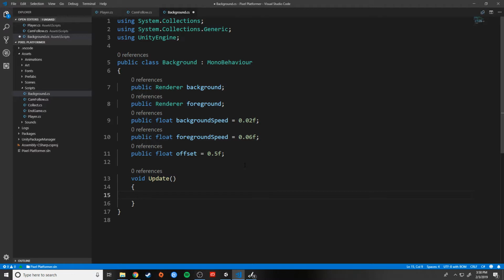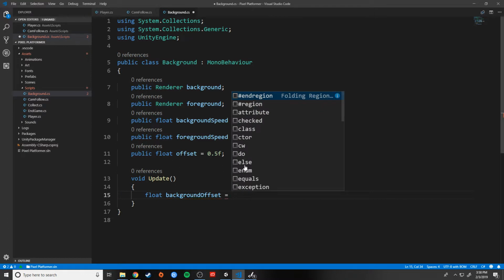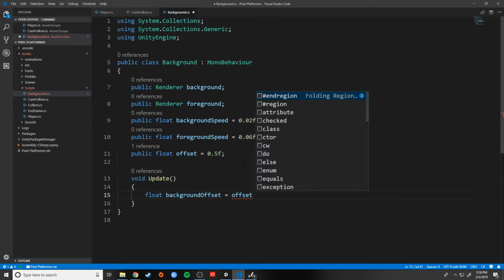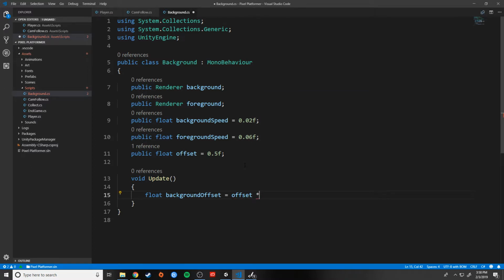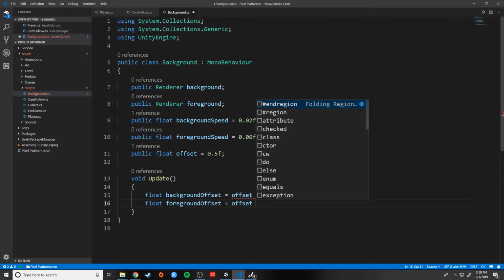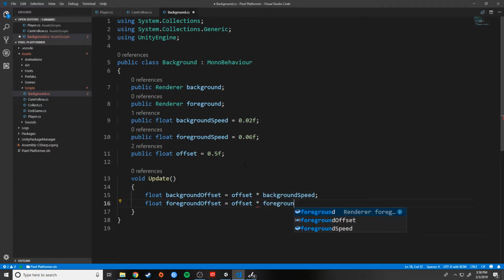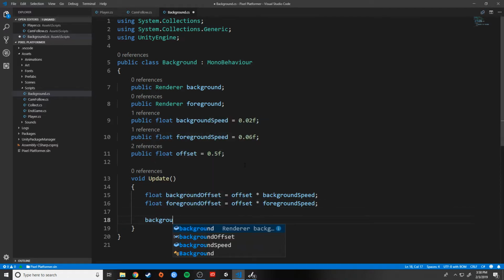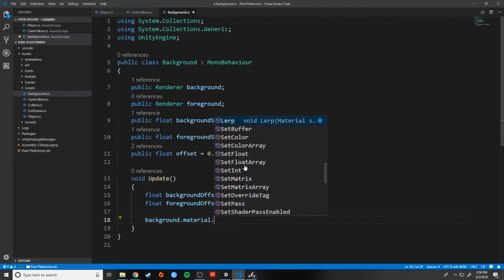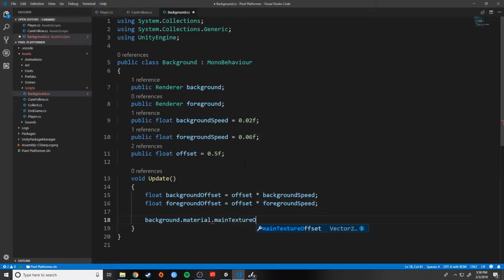Okay. Float background offset equals offset times background speed. Float foreground offset equals offset times foreground speed. Okay, we're grabbing our offset, background dot material dot main texture offset